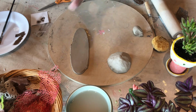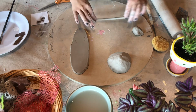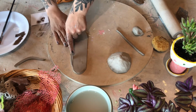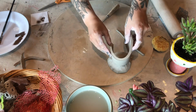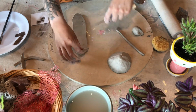I'm going to take this little ball of clay because it's going to be the base, so I'm just prepping a coil for that now and setting it aside for when we make the plate that will collect water. So I'm going to cut this into a rectangle now. I'm not trimming the edges yet because I want to see how large I need it to be. So now that I know that this is more than long enough, I can trim the edge pieces off,